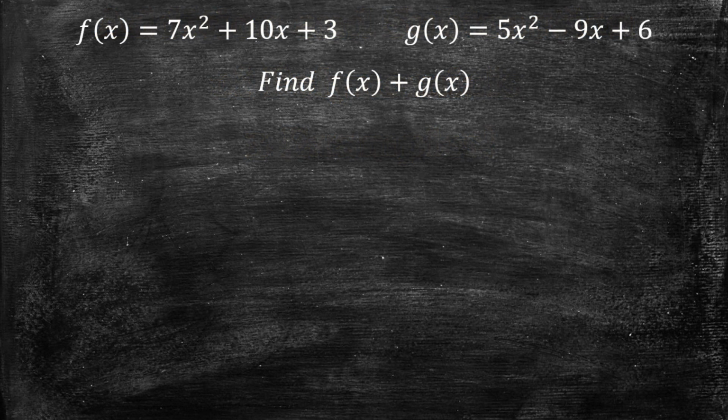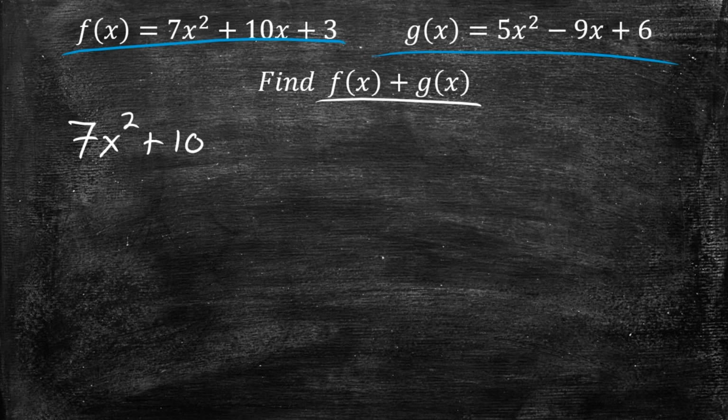Example number 1, we have f of x is equal to this polynomial here and g of x is equal to that polynomial there. And what we want to do is f of x plus g of x. So basically just add those together. So we got 7x squared plus 10x plus 3, and then we're adding g of x, so plus 5x squared